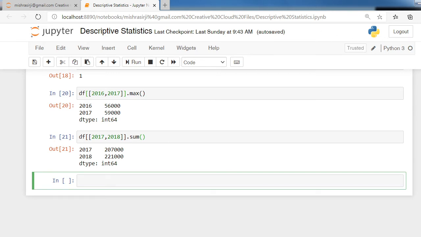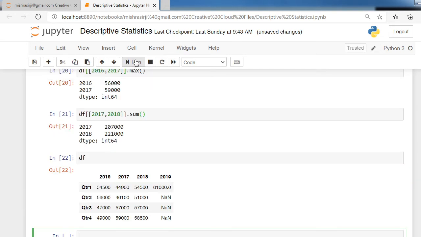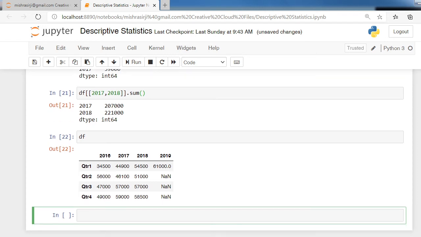We have to know what the row indexes are. So the row indices are qtr1. df dot loc in bracket, name of row index qtr1, q is capital, qtr1 dot count.